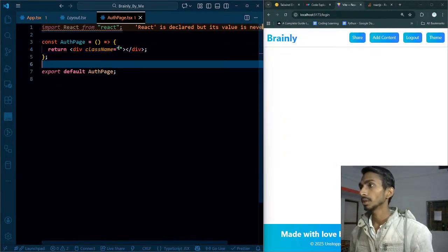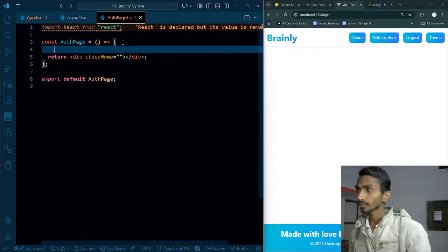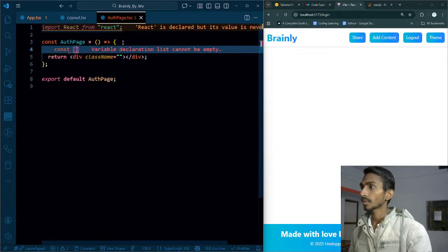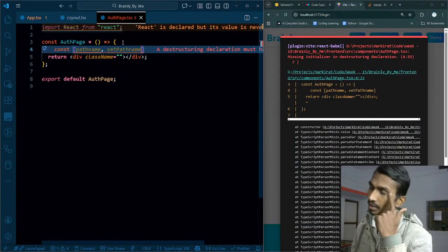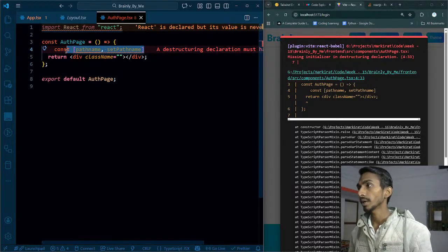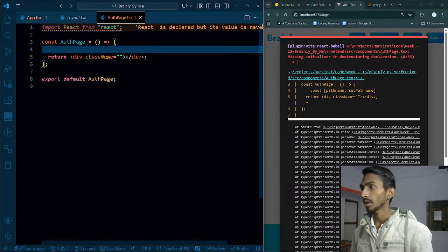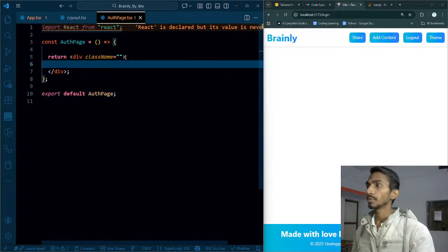Let's get rid of this thing, and I will be getting the path name. So const pathname, and that's gonna be set path name. By the way, I don't even need to set the path name. I will directly be getting the path name, and once I'm actually getting it, I can just simply show that. Okay, so I don't need to worry about it. By the way, two things are gonna be here. First of all,